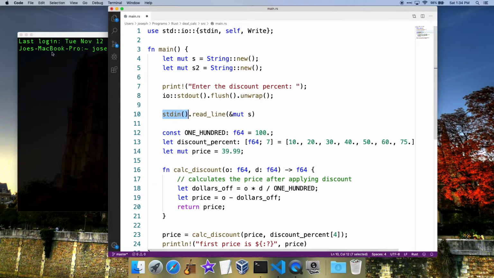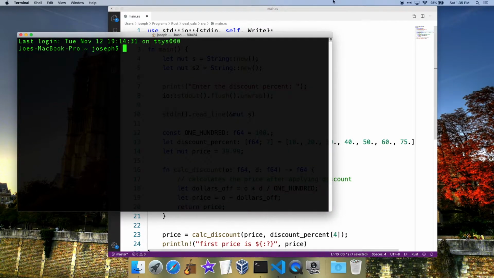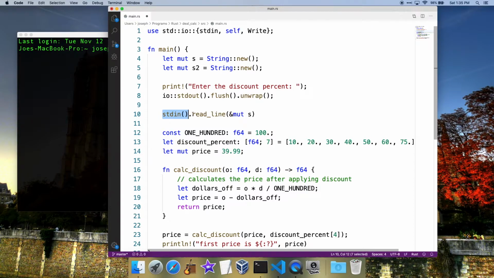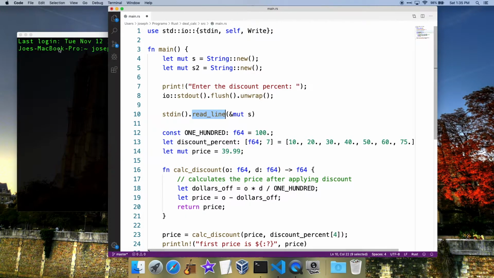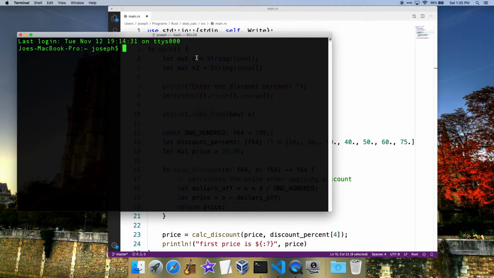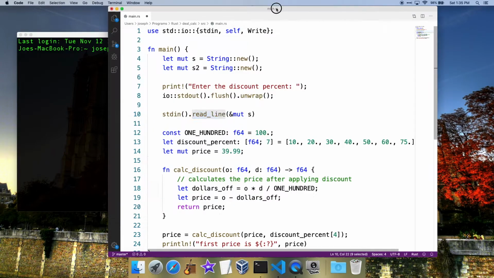So it's taking input from the user, and it's saying read the line of the standard input. So it's reading whatever the user puts in, they hit enter, and then that line is read. Whenever it sees a new line, it reads. And then whatever it reads, it's going to put into this variable,